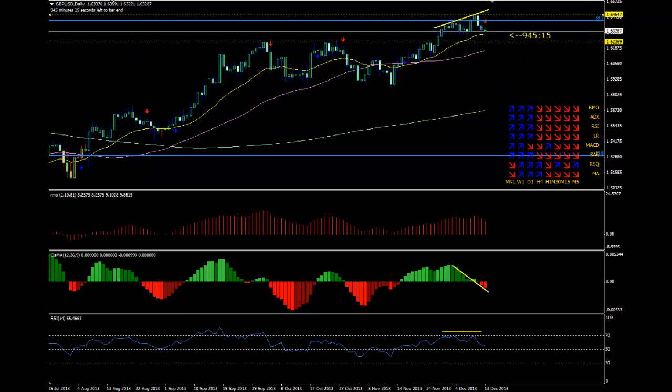Price has tested the prior support level here intraday at 1632 and change. Quite clearly you can see here on the daily, yesterday's daily, moving into that level. As long as she maintains and uses that as support, the candlesticks are still very much positive. However, the arrow has started to appear on the daily. However, that arrow is not going to be clearly there until we actually see a daily close. So we have to wait till end of day today, being a Friday, to see if that's a genuine red